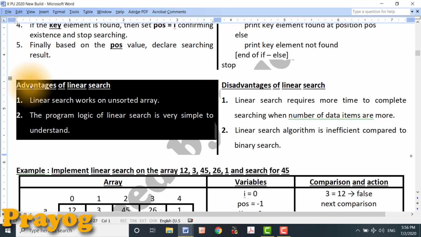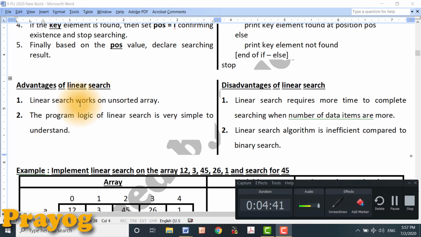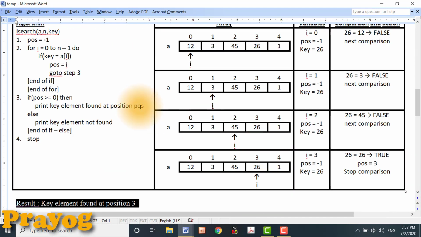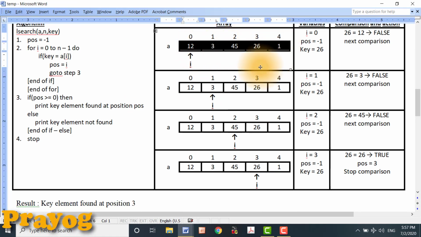Linear search has two major advantages. The first advantage is that linear search works on an unsorted array. Consider this example. You can see the numbers are 12, 3, 45, 26, 1. These numbers are not in any order, either ascending or descending.